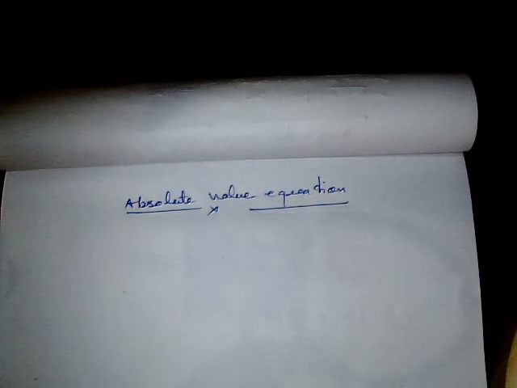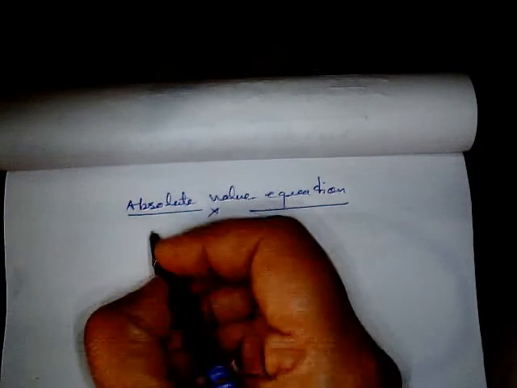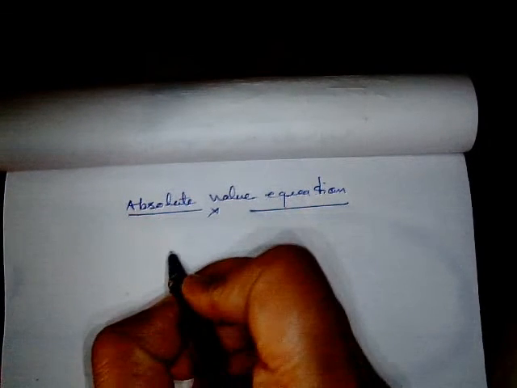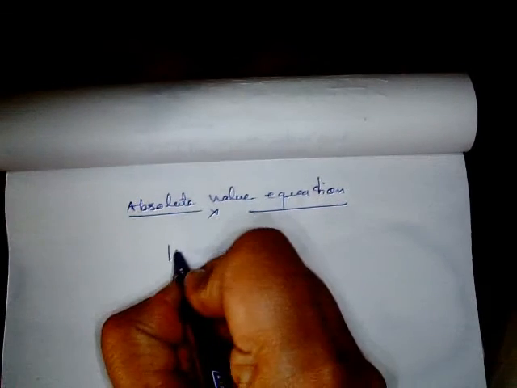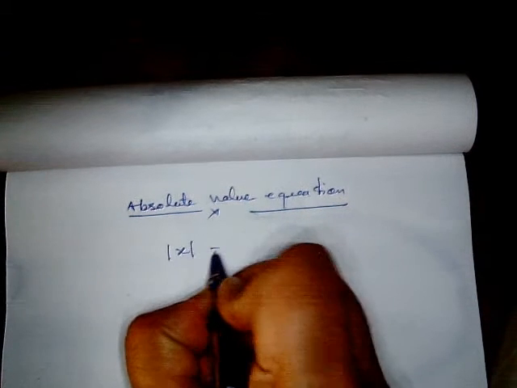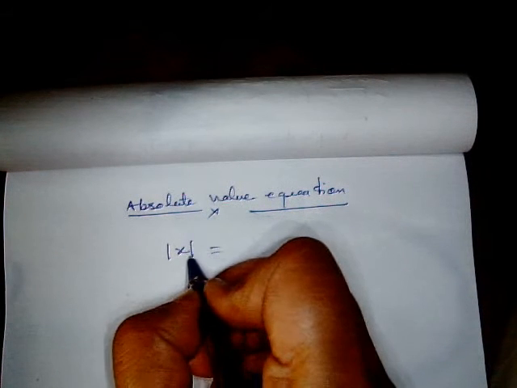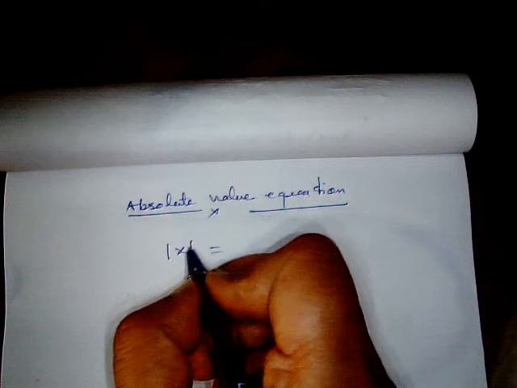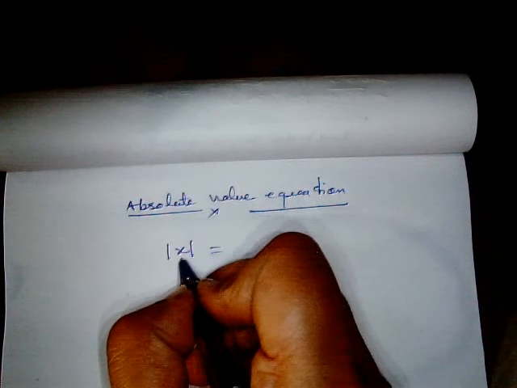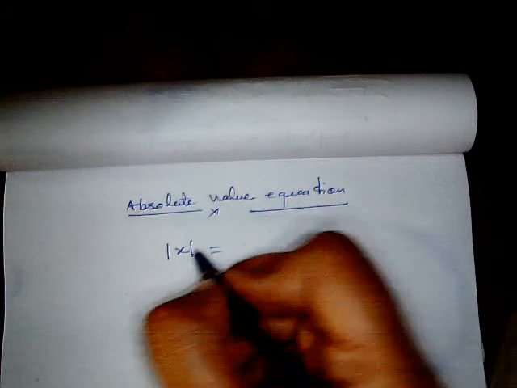Okay, in this video I am going to talk about the absolute value equation and how absolute value equations are solved. But before that I need to explain what absolute is. Absolute is defined like modulus of x. These vertical lines denote the absolute. We read it as absolute of x or modulus of x, and it is defined